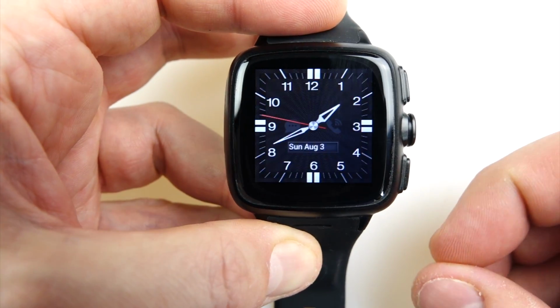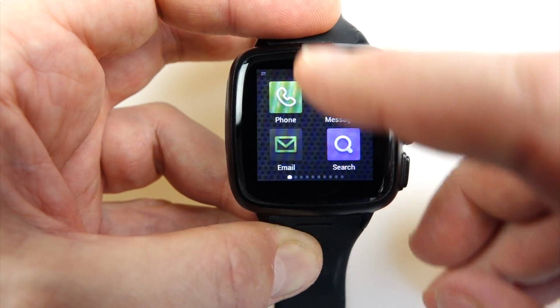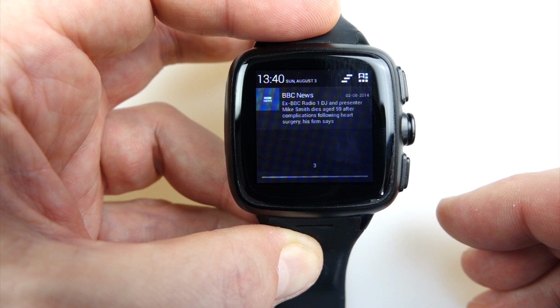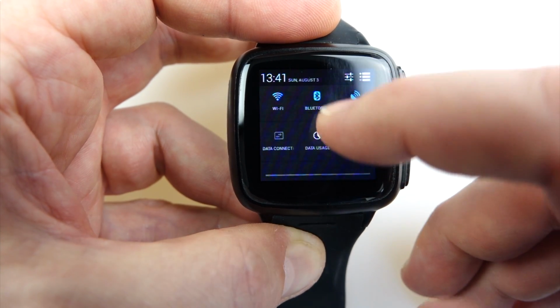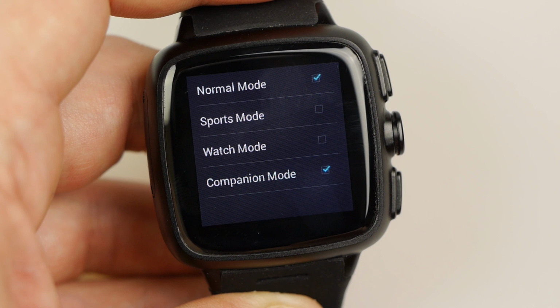There is a vibration in the back of it, but to see a notification you have to switch it on, swipe down again to get to the top, and there you can see your notifications or your email or whatever's popped up on there. I'd like it to have shown through on the main screen. Maybe it's supposed to do it, but I can't figure it out. You can also get to some other shortcuts while you're in this menu as well. And whilst I haven't tried it myself, apparently companion mode, where it's supposed to link up to an existing smartphone,